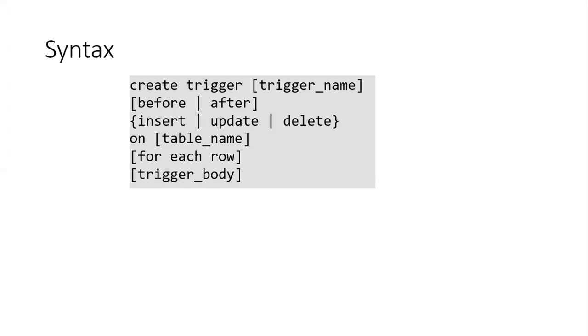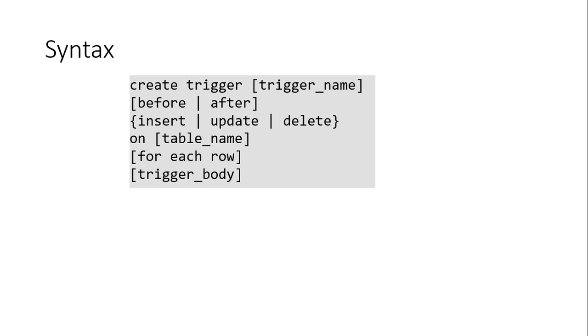So we need to choose one of them, whether we want to call a trigger on insertion of a tuple, or on deletion of a tuple, or on updating of a tuple.